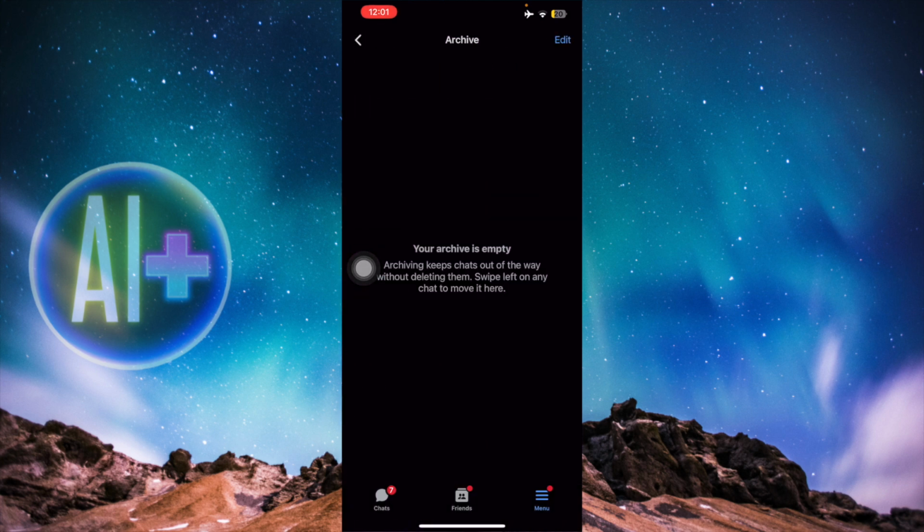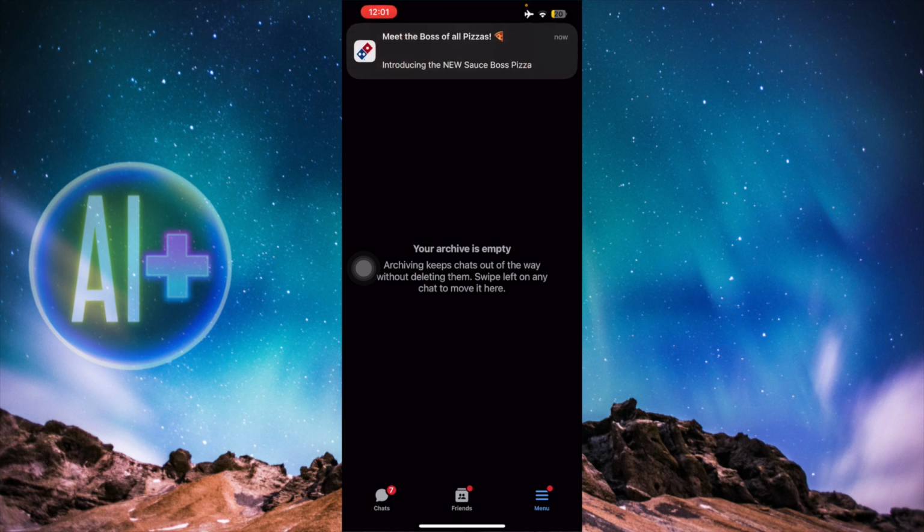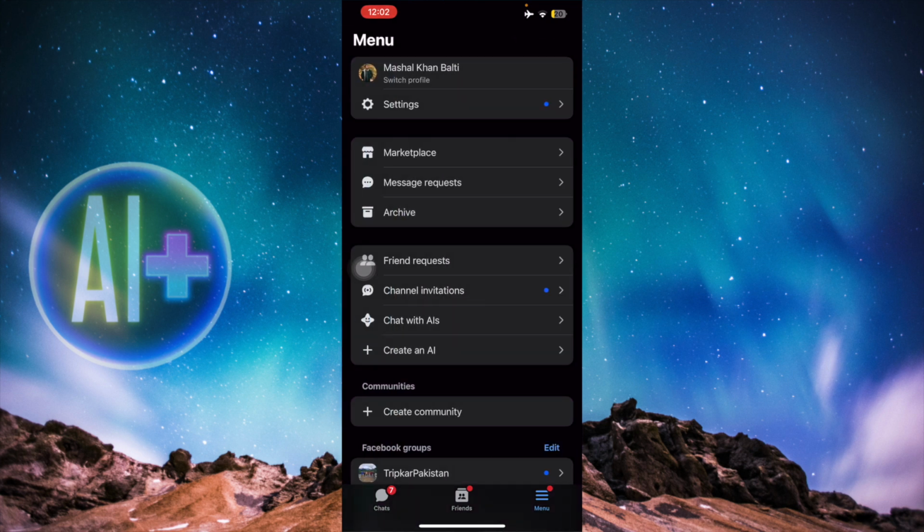And if you have deleted some message, there's a slight chance that those messages will be saved here in the archive folder. But unfortunately, if you don't have any messages saved in the archive folder, then just follow this video, and by the end of it, you'll know how to do it. So then you need to go back, and then you need to